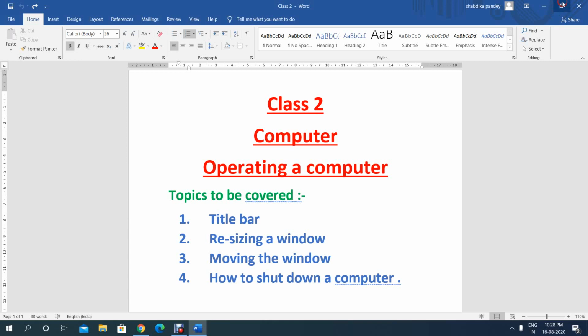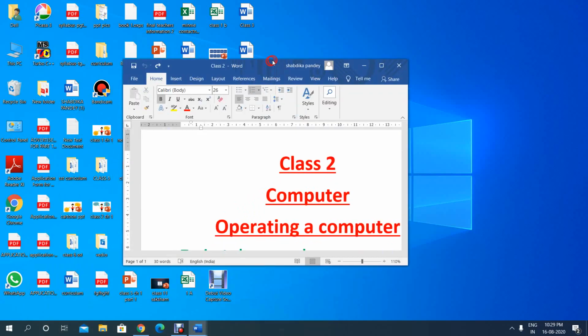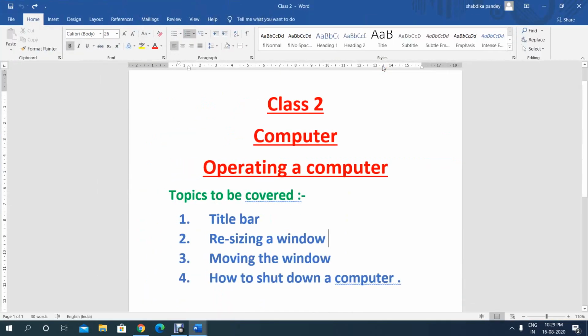Now how we can resize our window? First we will click on this button. Look, this is how our window is small in size now. Yes, it changes its shape. Now again if we click on this middle button, it will get back to its normal size.